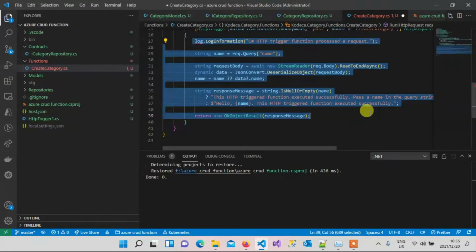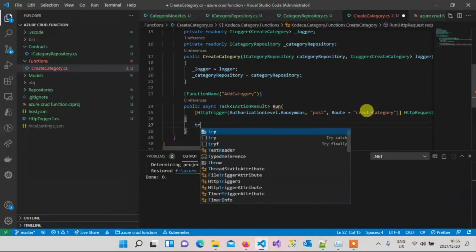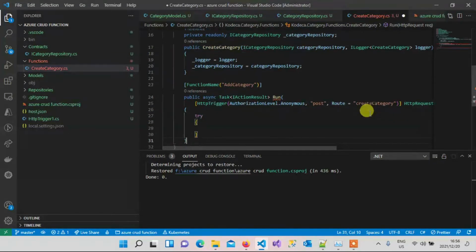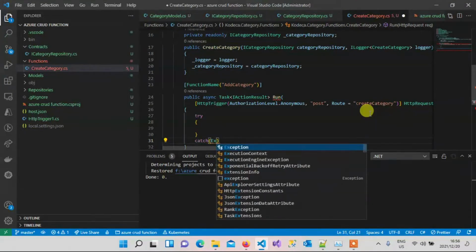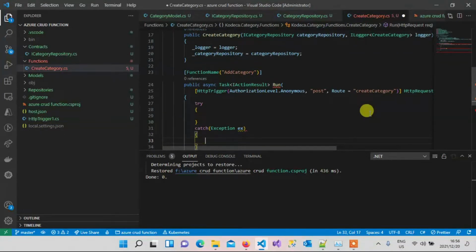Maybe we're gonna create our own. So what you gotta do, I'm gonna do a try, and then it's a try catch, and then exception ex, and then yeah,